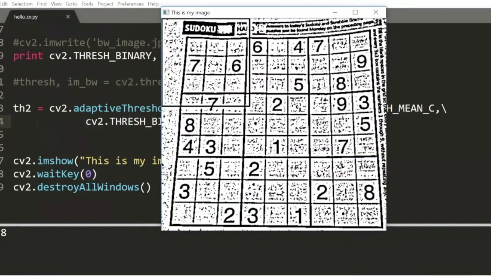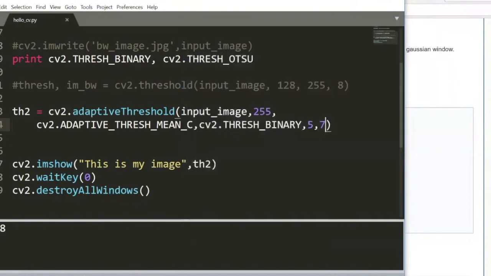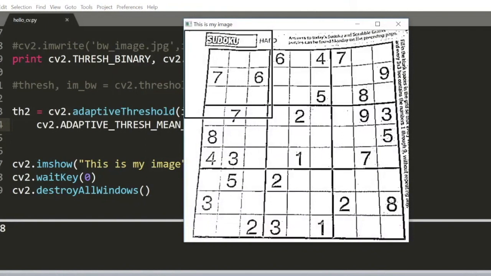Instead of just having those things over there, the entire black region just went away. And maybe we can try out some other values over there as well and see what happens in our application. What I'm also going to do is try out some other values of these two parameters that they have given us. Let's say instead of 11 and 2, let's try 5 and 7 and see what happens. What we are saying is this is the block size over here, right? So instead of having an average around 11, I'm going to reduce my block size and see what's going to happen. And as you saw, for our case, this value worked much better than what we had before.